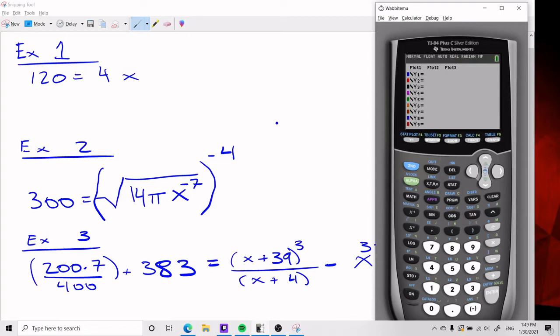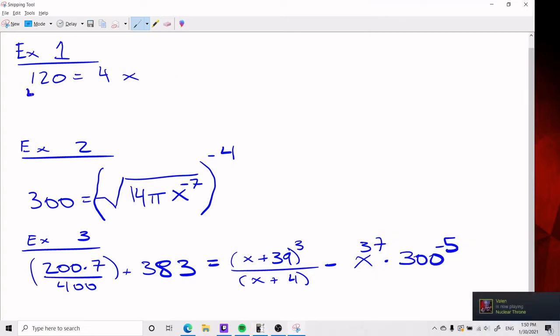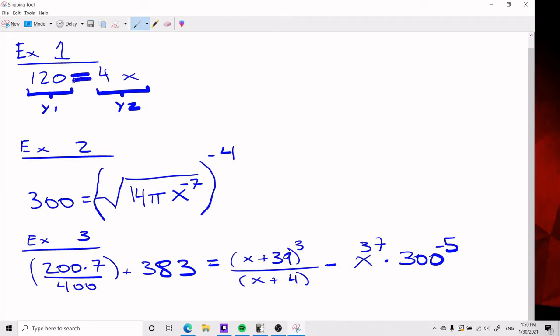And what you will ask the calculator is you will put half of the function as y1 and the other half of the function as y2. So what are you doing? You're doing 2 separate lines and you want them to equal each other. And so how do you make lines equal each other? Well, when they cross. Right where they cross is where they equal each other. Okay, so that equal sign over here, if you graph it as lines,